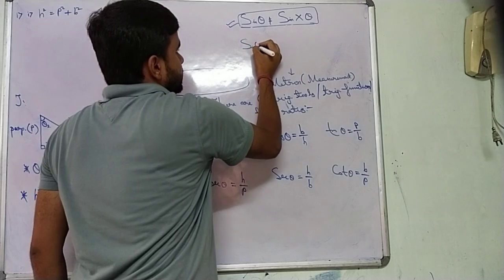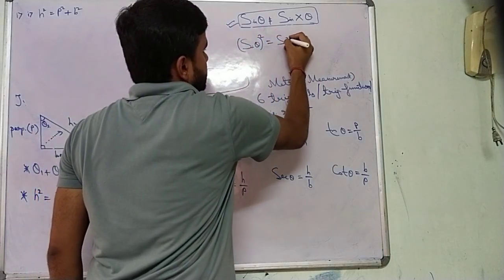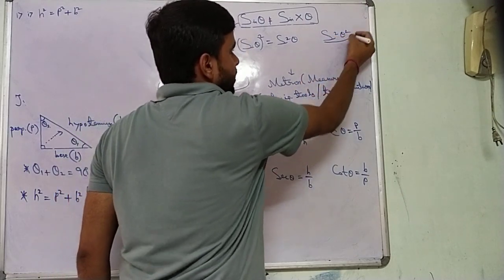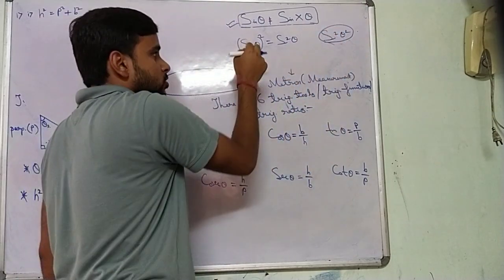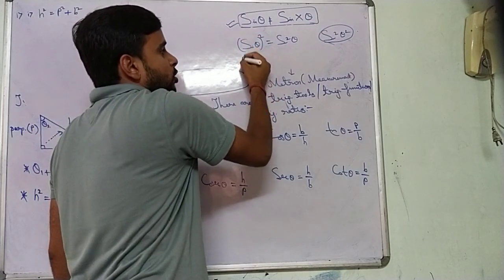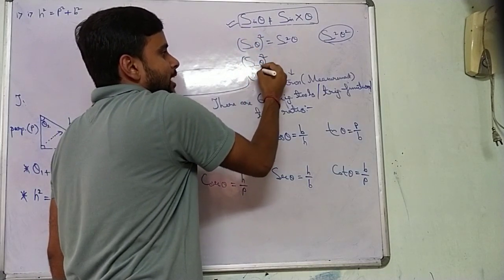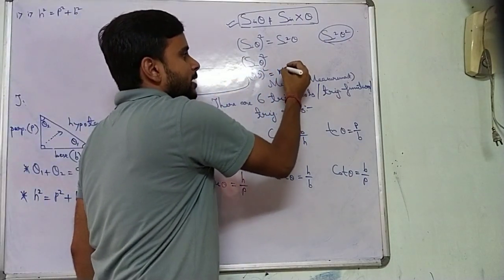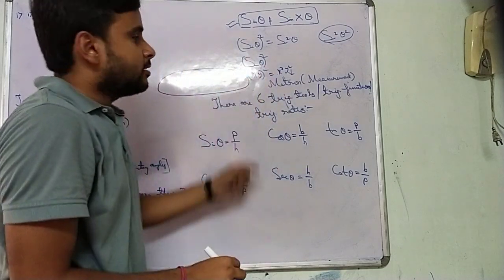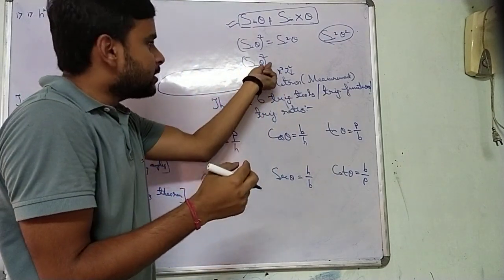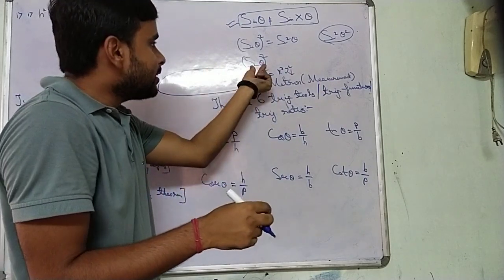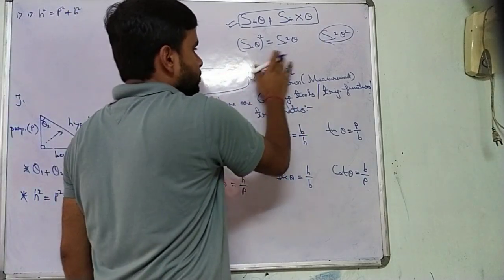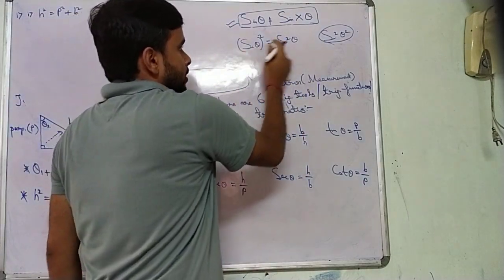Next, sine theta whole square is sine square theta, not sine square theta square, because if you write sine square theta square, it means your concept is still not clear. You are doing exactly the same as you have done in algebra, that is, x into y whole square is x square into y square. So you are doing the same thing here, considering sine as x and theta as y. But make sure that sine theta is not sine into theta; sine theta is a unit in mathematics. It's not a product of two different things. Clear? So this is wrong.